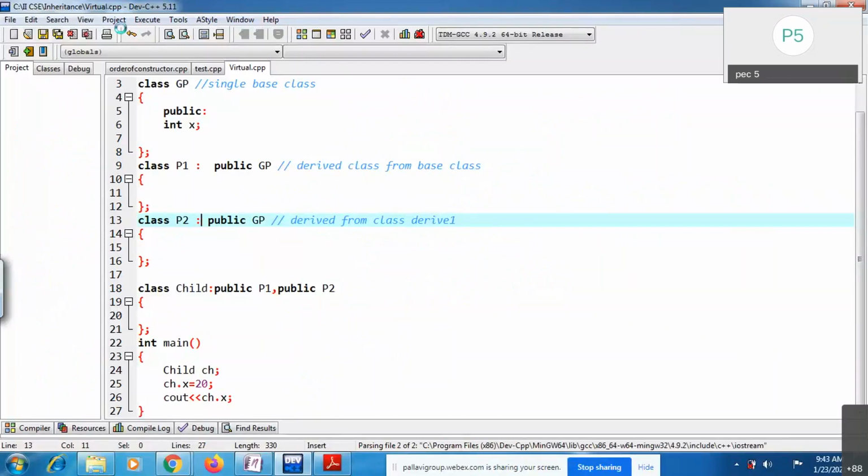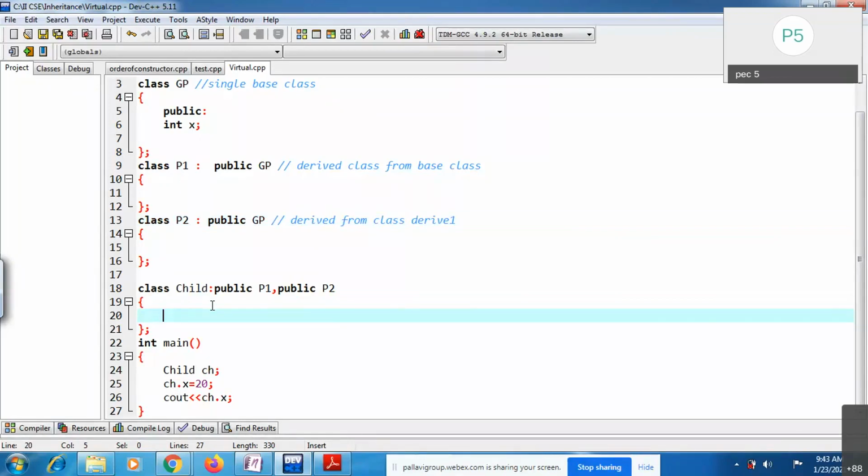See, this is the grandparent having one public member, and I'm deriving p1 from the grandparent, and p2 from the grandparent. Now this x is visible inside p1 and inside p2 as well. I'm deriving one more class, child, from the two classes p1 and p2. Now here is the problem.